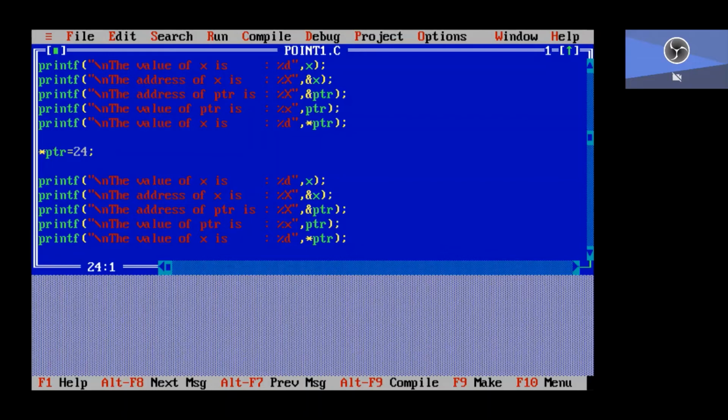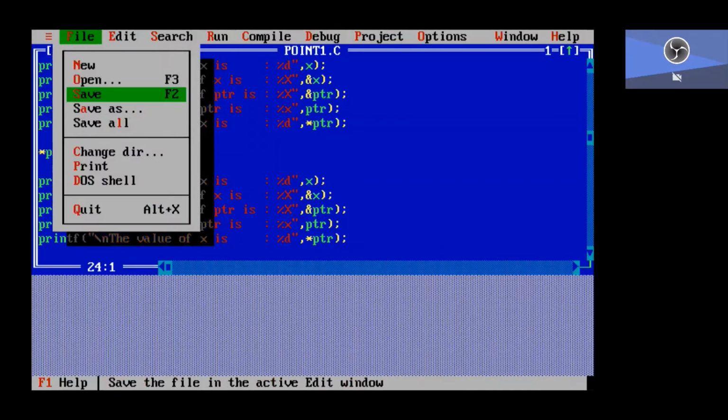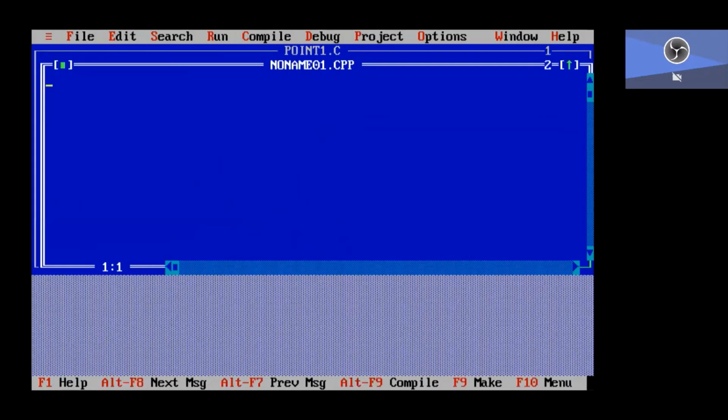Okay. Now I'm going to write another program. #include <stdio.h>, #include <conio.h>. I'm going to give void main.